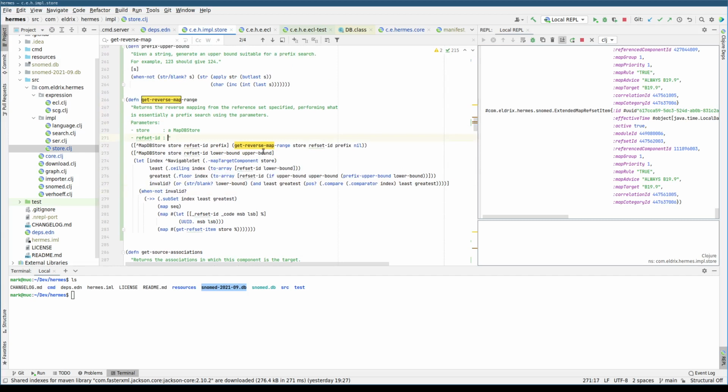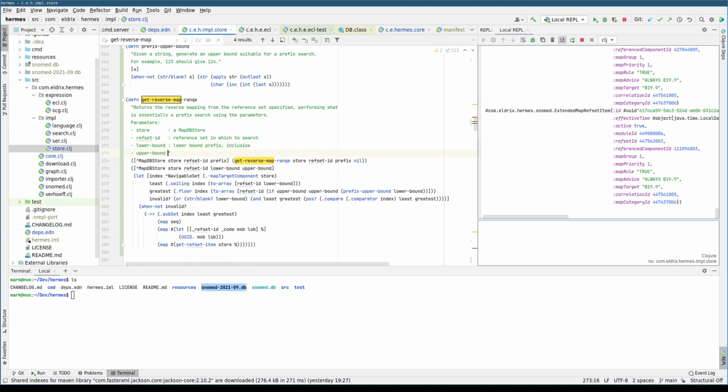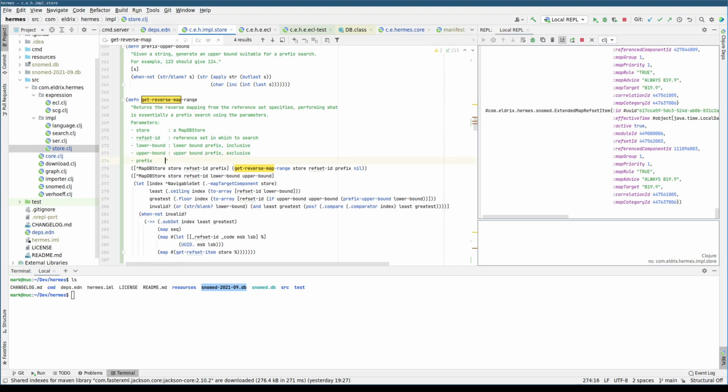So the reference set is the reference set in which to search, and then we'll say the lower bound. It's nice to get these all lined up. Is the lower bound prefix, and that's inclusive, and then the upper bound is the upper bound prefix, and it's exclusive, so it won't include whatever you type in there, or we'll calculate it. So let's do it, prefix, and that's prefix lower and upper bounds determined